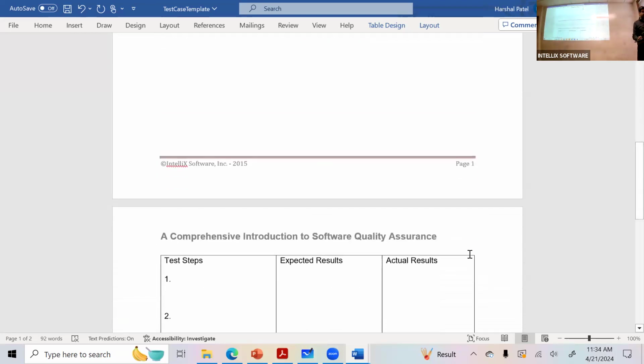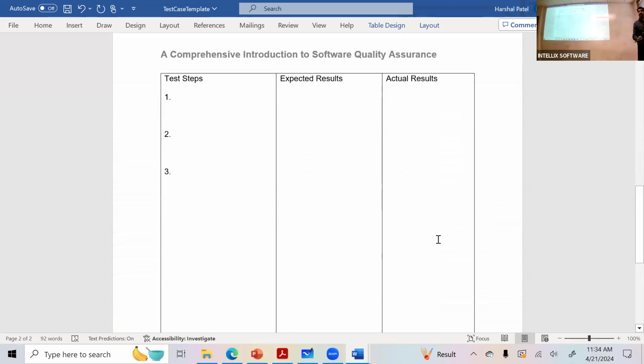The next aspect is providing the test steps. I want you to think this way. Let's say you're logging into Amazon to buy something. Have all of you purchased something from Amazon? You have to say yes or no, otherwise I can't read your mind. Okay? I'm not in the mind reading business here.